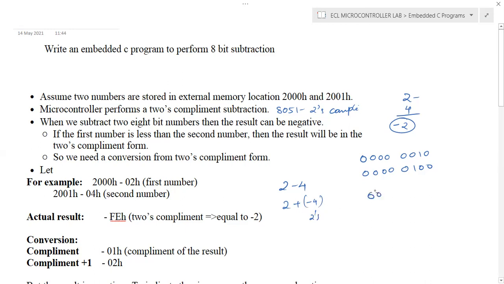This is the representation of 2 in binary, this is the representation of 4 in binary, and we require the representation of minus 4, so we take the 2's complement representation of minus 4. Now we perform 2 plus minus 4. This is 2, and this is the 2's complement representation of minus 4.